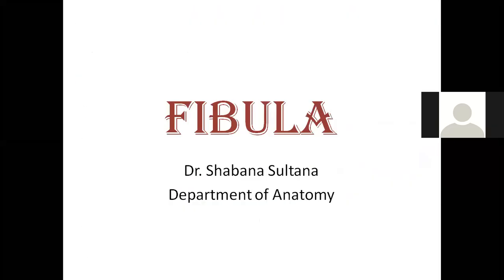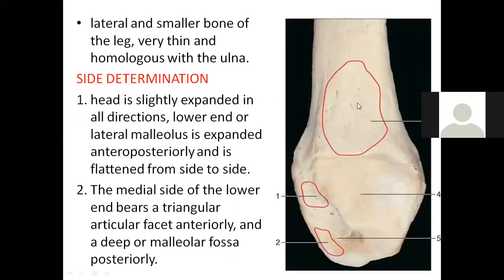That is. Now, see here. See, this is the triangular articular facet what I was talking about. Okay, the lower end. And this is the malleolar fossa. This is the malleolar fossa, which is behind. Okay, posterior. So you have to check for this triangular articular facet and the malleolar fossa. When you hold it in correct anatomical position, the triangular facet should come front and malleolar fossa should come behind, with the help of which you will identify the side of bone as right or left.